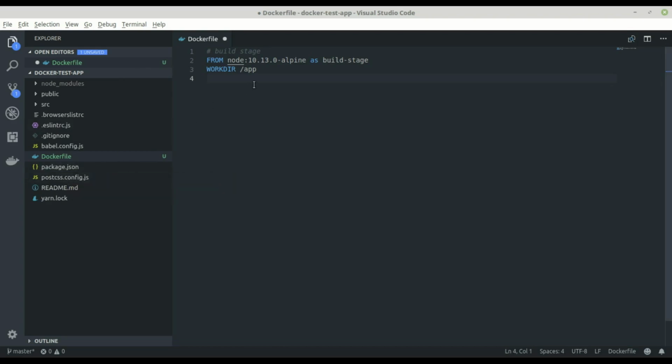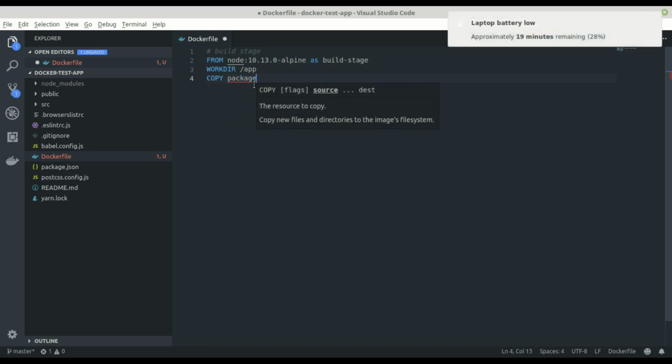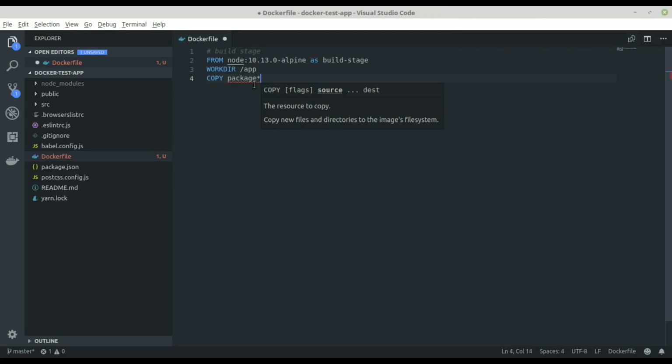package.json files, okay. So how we do this is by saying copy, and then we specify package, and then we say all of them because there are different extensions that you can find. Well, not extension, but it can be package-lock and all this stuff, and then we say that's a JSON, okay, and we want to copy this in the current directory. So what we do so far is that we create the app directory, and then we copy the package.json inside